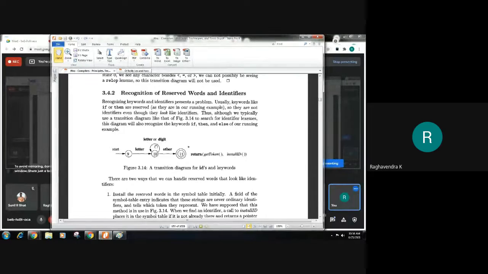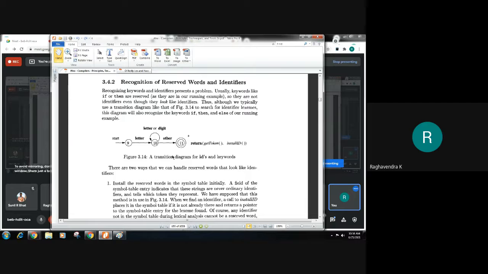Until you come across anything that's not a part of this, we will be considering those things as a part of the identifier definition. When it comes across that, same thing will happen. We will return token and install that particular symbol that we have read into our symbol table. So install ID is a function that will add the contents into the symbol table, let us assume.